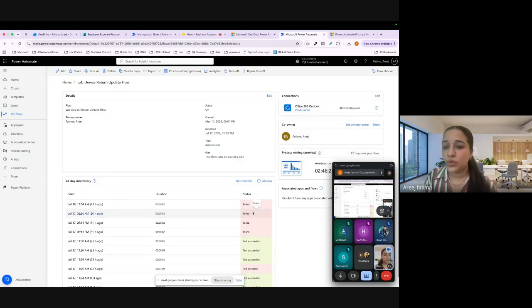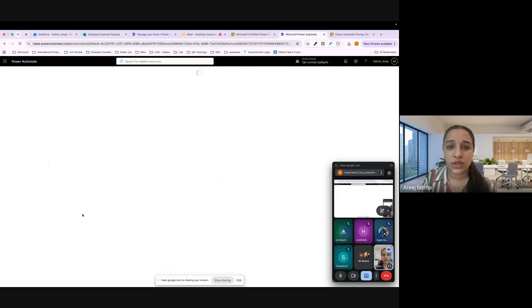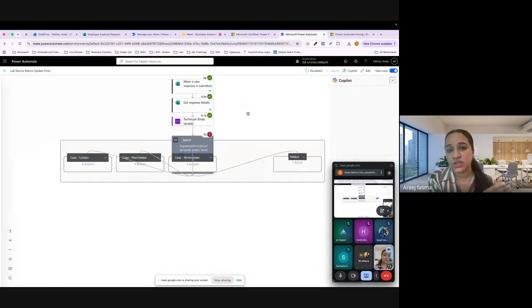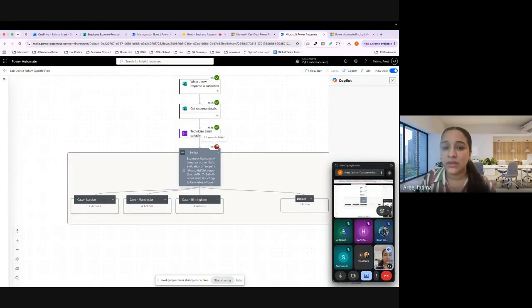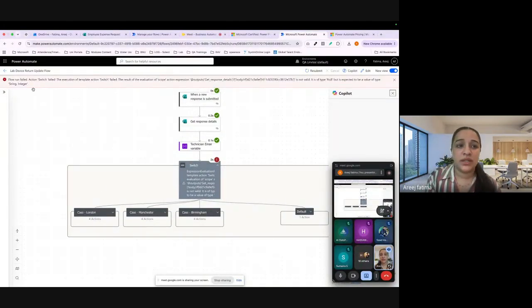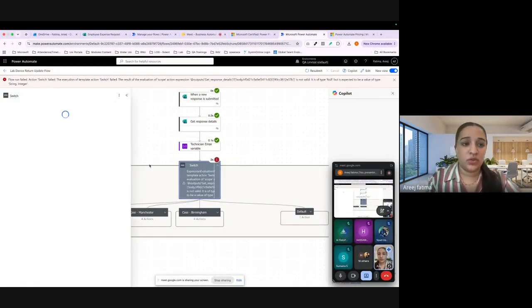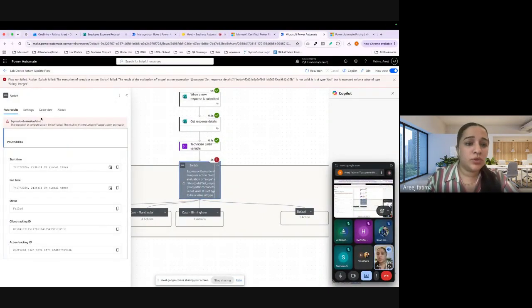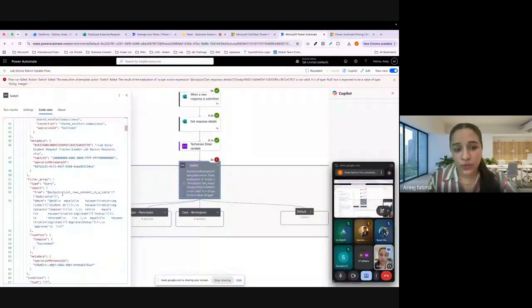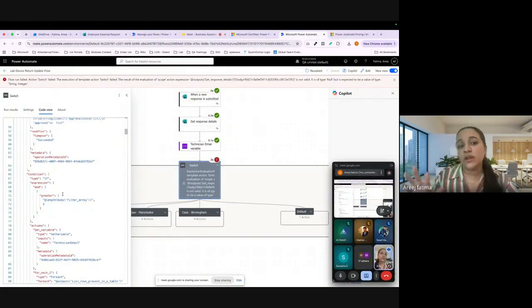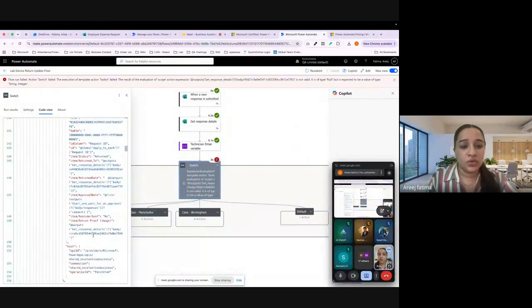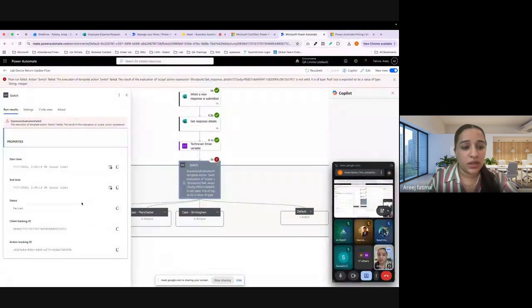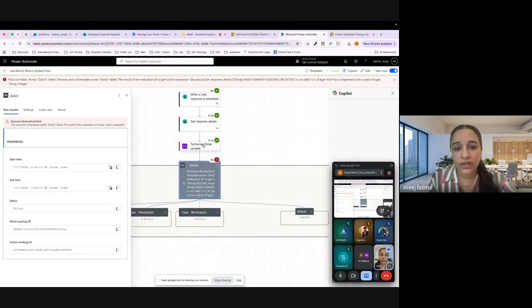If I need to check what is the reason behind this, I'm just going to click on that specific flow with the time, and it will give you like your flow is stuck at that specific step. Now you can see it gives me the error at this point and tells me what the specific errors are and what things are going to be run here. So we are also able to check the complete code view, because as this is low code, but in the back end, we have some type of coding as well. So we can check the code from the back end and also the complete output of that specific one.